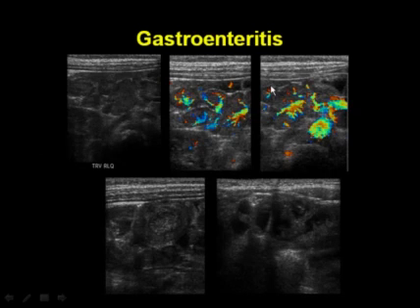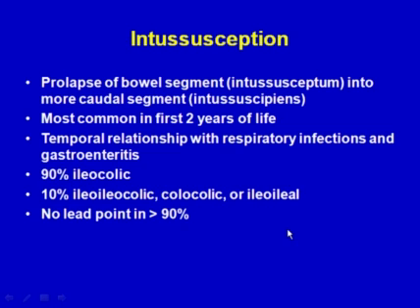So here the CT was necessary because the appendix could not be visualized by ultrasound. Here's another patient, also question of acute appendicitis. Again, multiple enlarged lymph nodes are identified sonographically with color. We see that they are hyperemic. And there's also mild thickening of the distal ileum. As you can see here, the wall is a little thickened. Here we see some loops in sagittal section, also mildly thickened walls. That turned out to be a gastroenteritis.